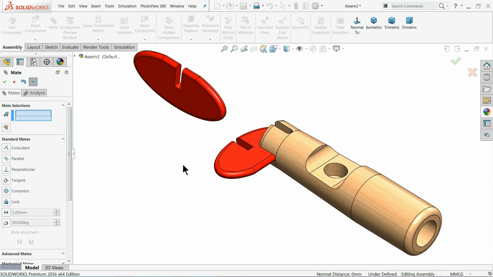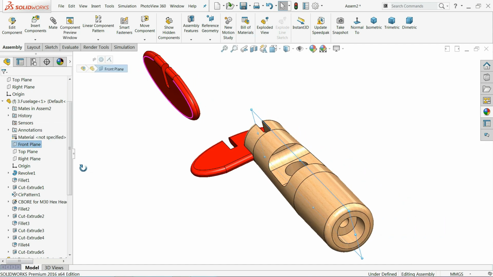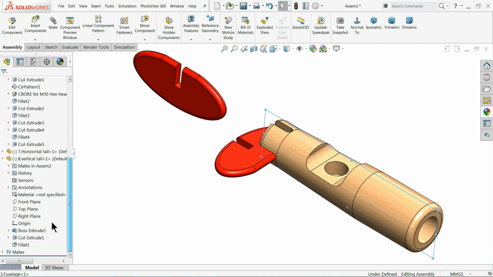Now here we need to do one more relation. Fuselage, top plane, right plane. Okay, this is front plane and previously we chose top plane. Previously front plane of fuselage, and hold control key, select both the planes.